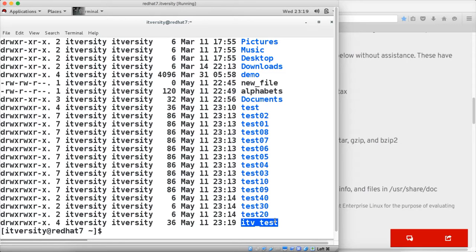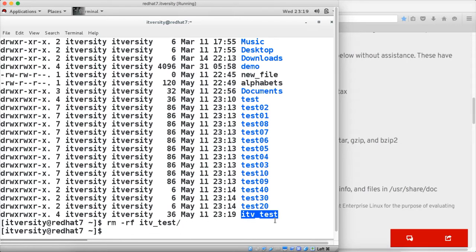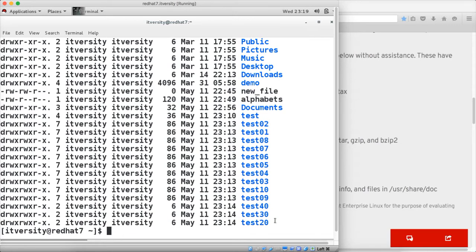When it comes to copy, you will have both the source as well as destination. You will have multiple copies of what we try to copy. If you don't want to do that, if you just want to rename, what you can do is, now we have only test because I have deleted itv_test. If I want to rename this test to a different directory, or if I want to move this directory test